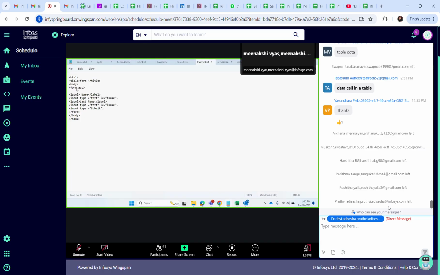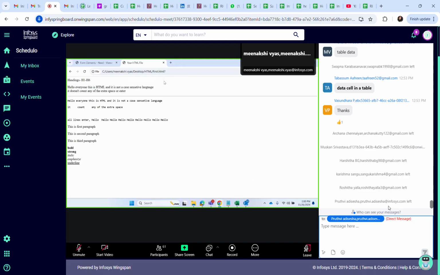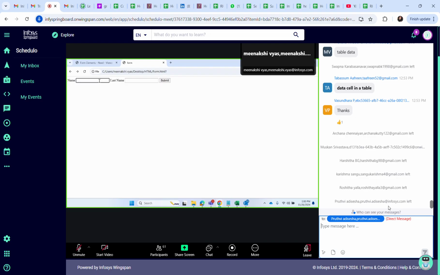So I can write action equal to, for example, on clicking submit, I want to open the next page or first page, right? first.html. So this action will be performed when I click on this particular button. So we can define an action for the form whenever I click this. Can you see? Yeah, and whether I have given the correct name or not, we can validate using JavaScript, which we'll be learning in the upcoming sessions.